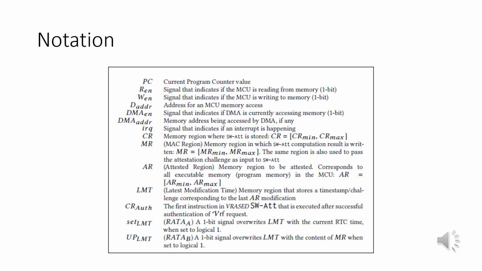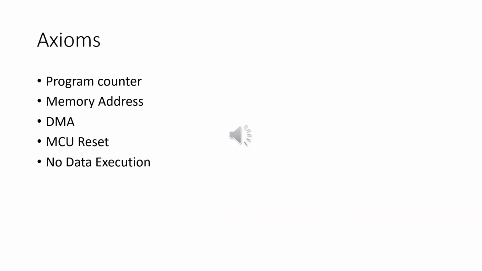Before we formally attempt to write down a definition for RA, let us look at some notation we will be using. Although most RA techniques are not associated to any architecture, for all practical purposes pertaining to this video, we shall be using the VRASED formal security definitions. Most of the notation used here is consistent with VRASED, with a few additional elements to denote RATA specific elements. In addition to notations, we would require some axioms to formalize our RA TOCTOU notation.